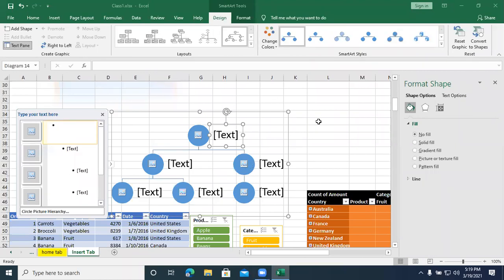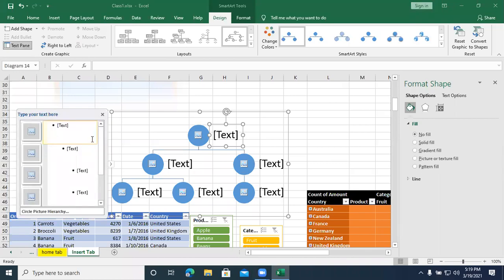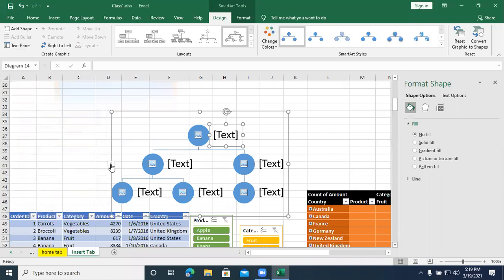See, the chart is inserted. The smart art is inserted. It is asking you to type the text and fill the picture. I just first type the text, then we will fill the pictures. So either I can type the text in the text pane, you can highlight your text pane, in the text pane also you can fill. Otherwise, you can directly type here.